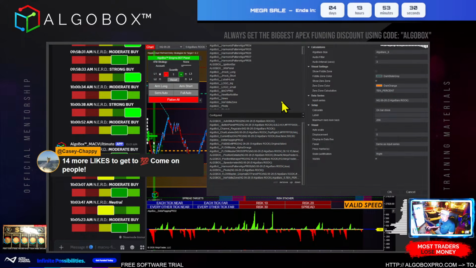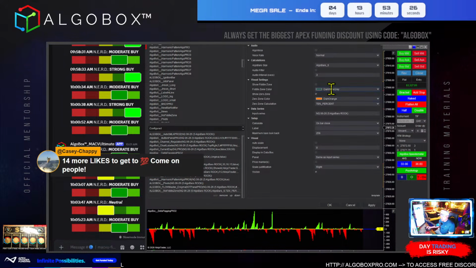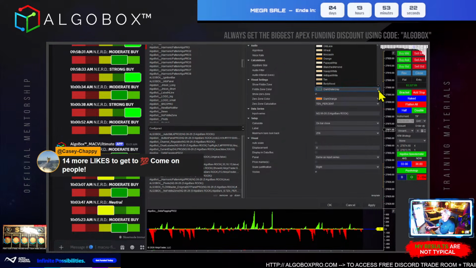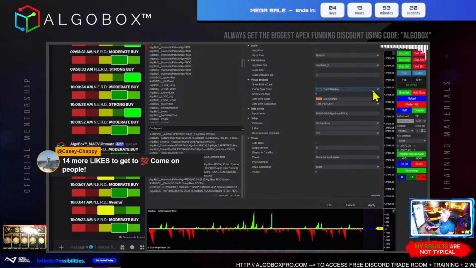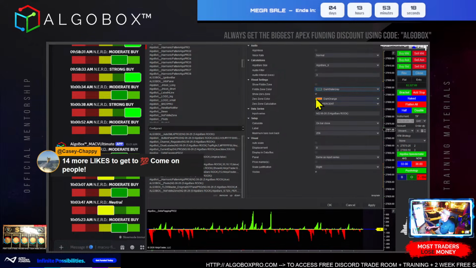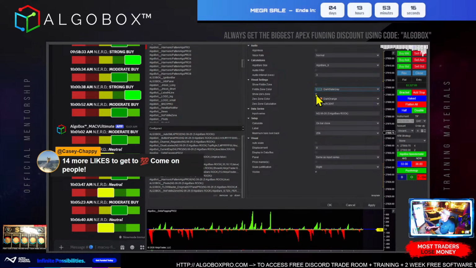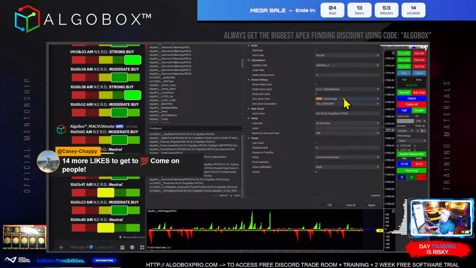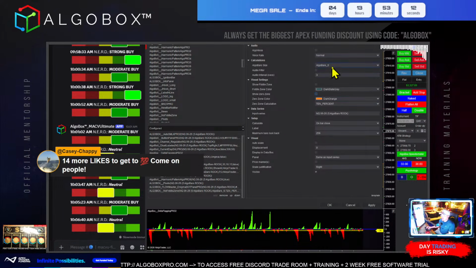So let's look at the settings for this. We can change that color background. I've got a dark slate gray. I think that's a good one. Show the 0 zone. Don't really want to see that one. ALGO bar 6s.